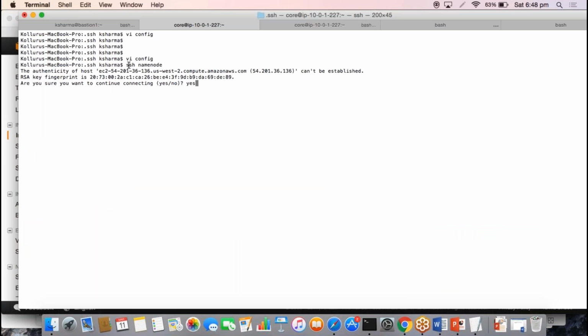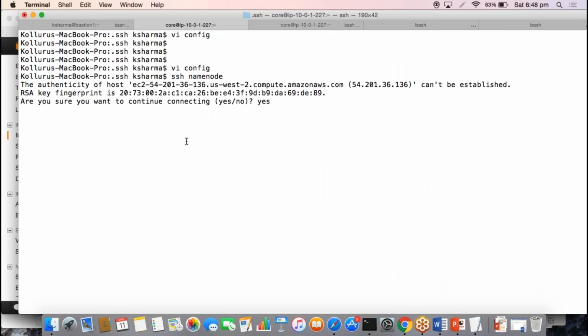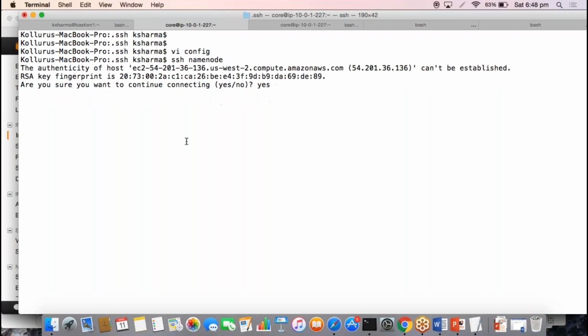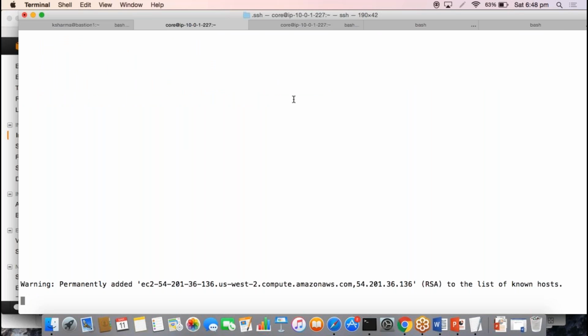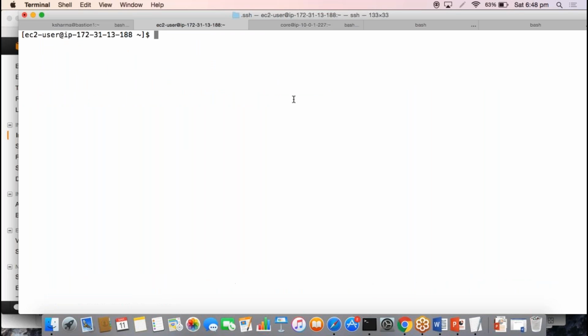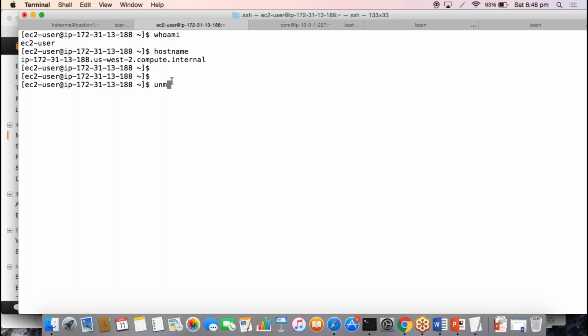Now, when I do ssh namenode, it asks me, are you sure you want to connect? I type yes, and now I am on my EC2 machine. You can use the whoami command to figure out who the user is. If you want to see the host name of the machine, you can use hostname. I want to see the bit type of the machine, so I say uname -a, and that gives me